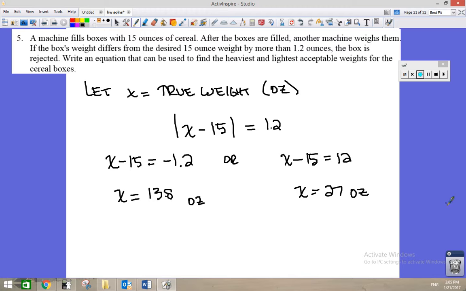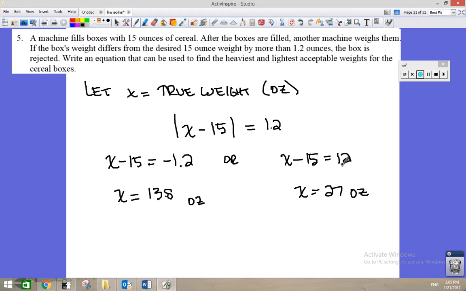Okay, so that makes sense to me then. If we're at the lightest acceptable, 13.8 ounces, we're going to send that box of cereal out to be sold at the store because I guess we're assuming that maybe it'll upset a customer, but not enough to truly affect our sales. They're going to be forgiving, that's close enough to the 15 that either they won't even notice it or they'll be forgiving about it. That the 27 ounces, um,